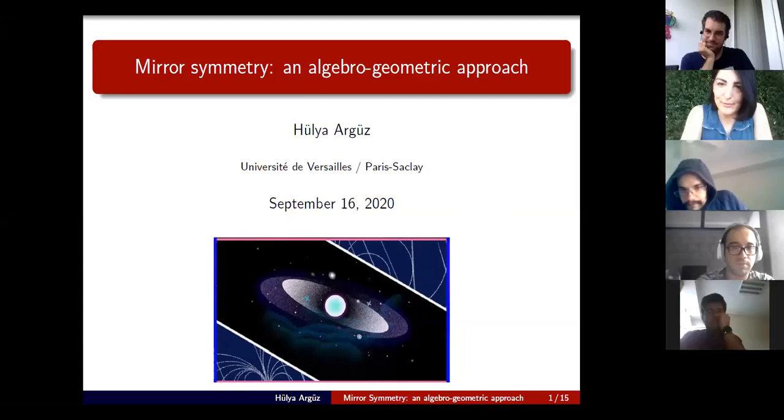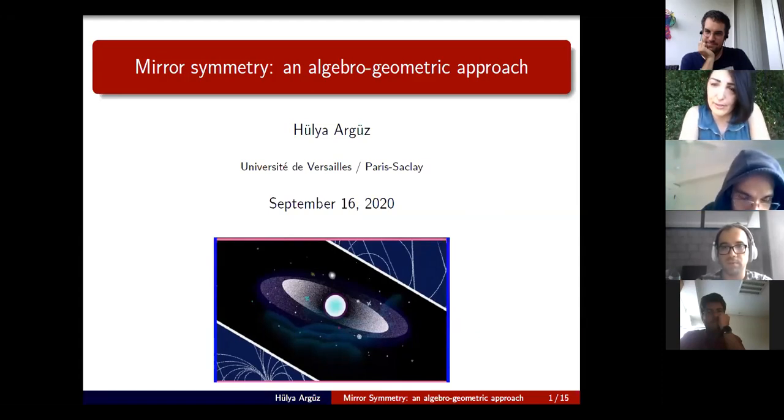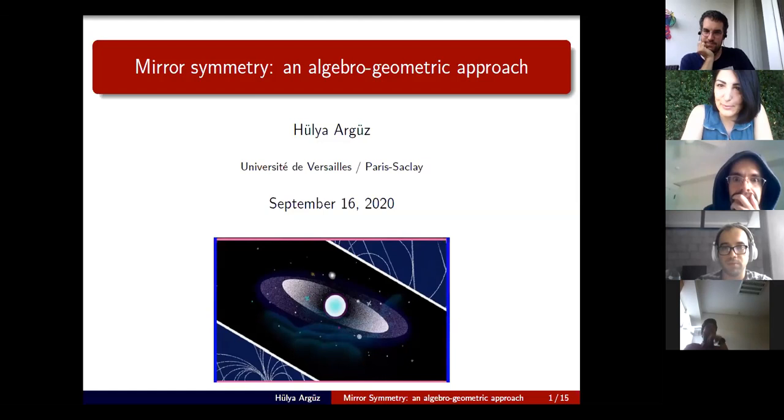What I'm going to talk about today is mirror symmetry, and I'm going to talk about an algebro-geometric approach, which is based on the work of Gross and Siebert. So it's in the framework of the Gross-Siebert program in mirror symmetry. I prepared a talk of colloquium style for a broad general audience, and I will not dig too much into details. But if you would like to interrupt me at any point, or if you have any questions, please feel very welcome to ask them anytime.